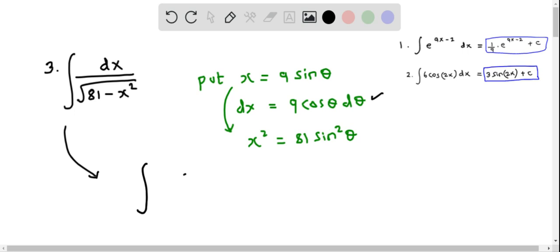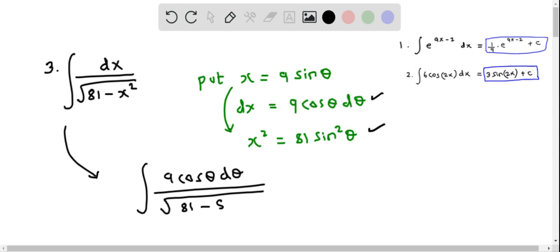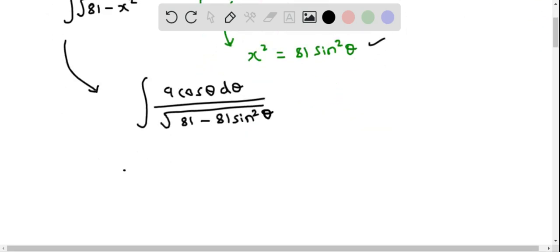Therefore, dx is 9 cos theta d theta, and then divided by the square root of 81 minus x squared. x squared is 81 sine squared theta. We will simplify this. So this equals 9 cos theta d theta in the numerator, and in the